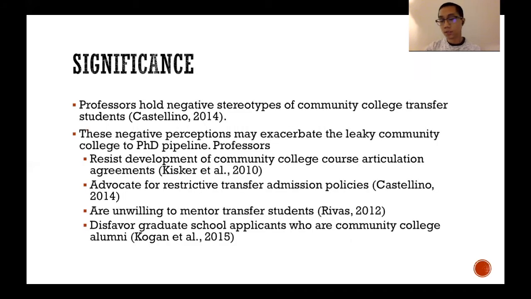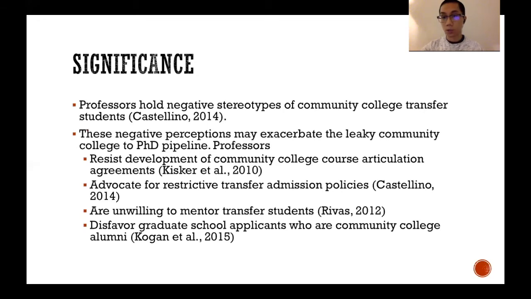There are various reasons why improving the community college to PhD pipeline is significant, but I'll just focus on one particular point. Like I mentioned previously, we know that professors hold negative stereotypes about community college transfer students. And I know that many of you, as well as many other PhD recipients, want to go into academia, whether that be as a professor, an administrator, or a staff member, right?